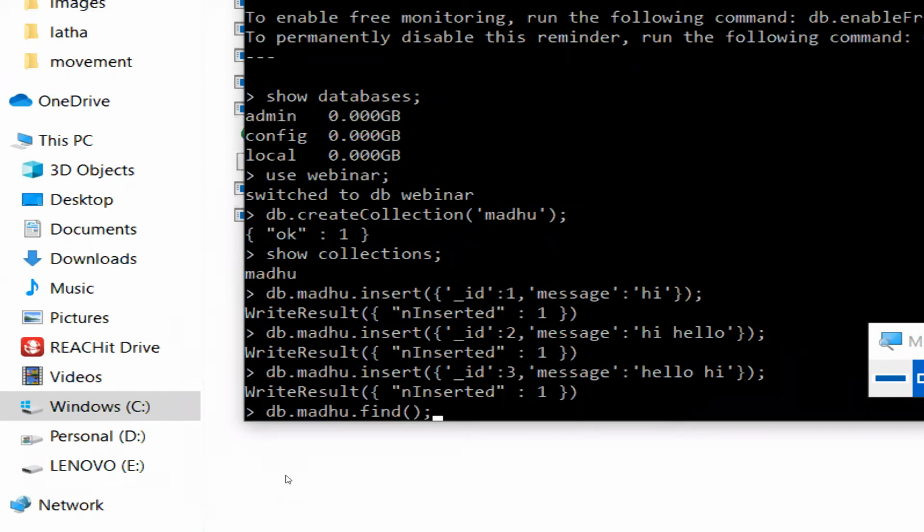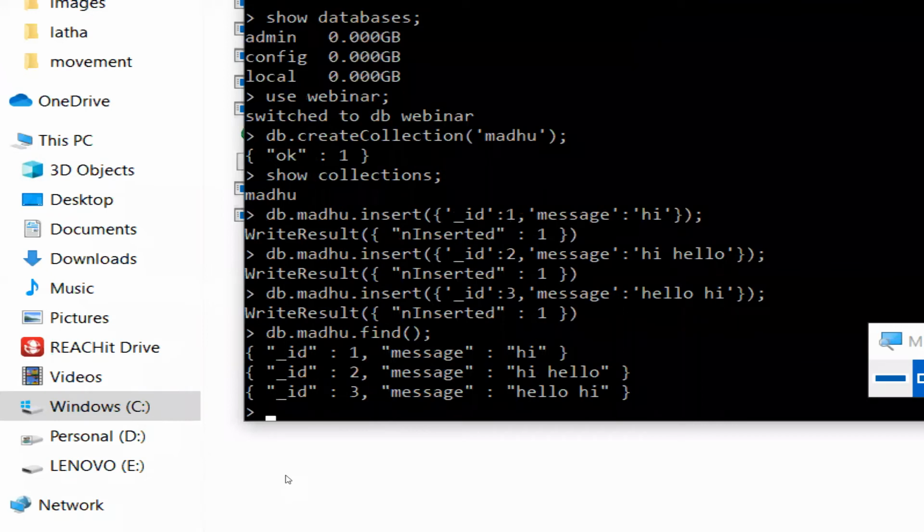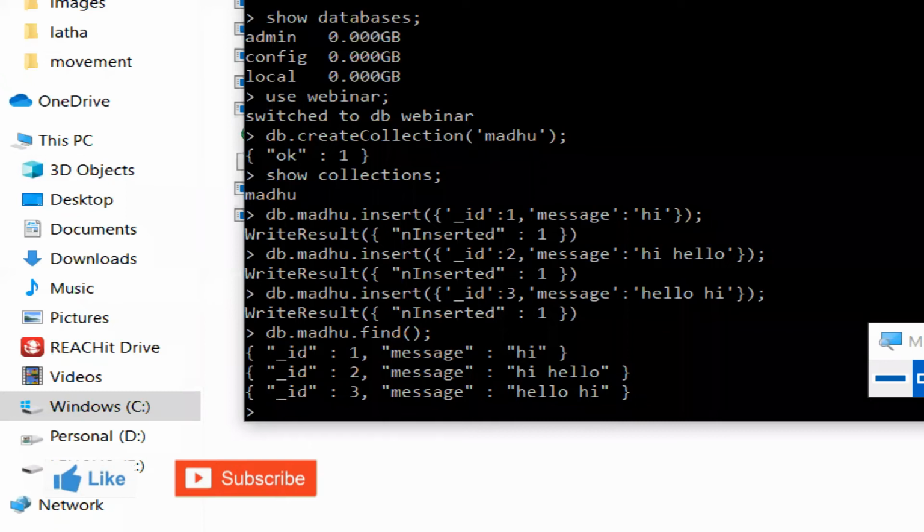Find is an important command which reads the data from the database server, from that particular collection. Madhu is the collection name we have passed. You can see the result here: underscore id in every document, and your underscore id is unique.